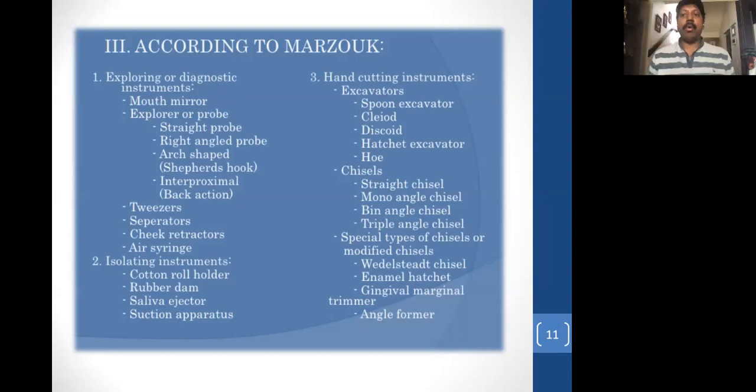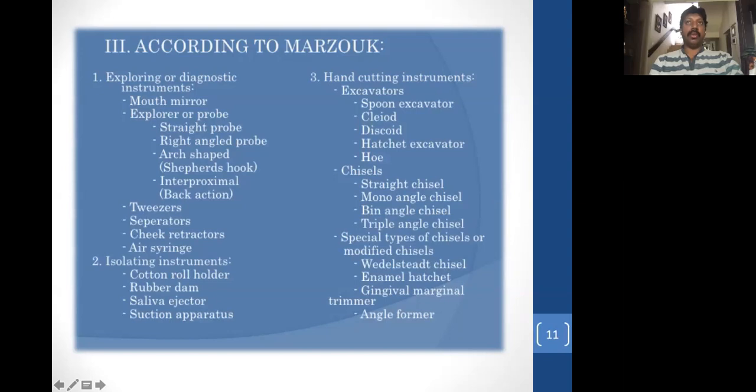Nowadays you hear a lot about COVID, corona, isolation. Isolation is what? Separation. Okay, you separate them over there. In the sense, you are keeping one thing separate so that it doesn't come into contact with the others. Here, the tooth is isolated. Tooth is isolated from where? Tooth is isolated from the tongue. Tooth is isolated from the cheek. Tooth is isolated from saliva. Tooth is isolated from the adjacent tooth. Okay, that is called isolating.